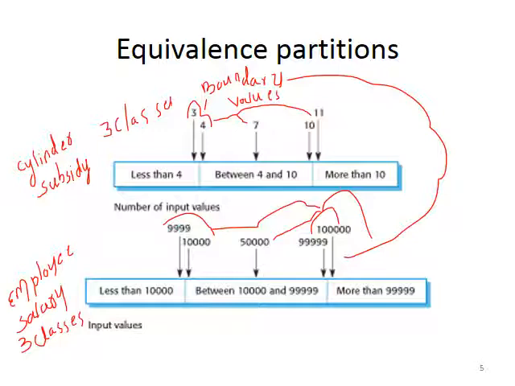Let me consider first a simple example of cylinder subsidy. Say every Indian household will get cylinders, up to 3, with a 20% discount on bill value. If they take more than 3 cylinders and up to 10, less than or equal to 10, they will get a discount of around 10%. More than 10, they will not get any discount. So clearly you can see 3 classes here, and based on that we can divide the data into 3 separate classes.